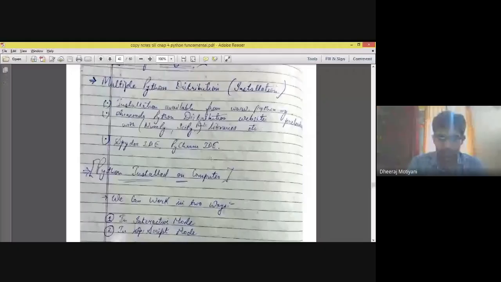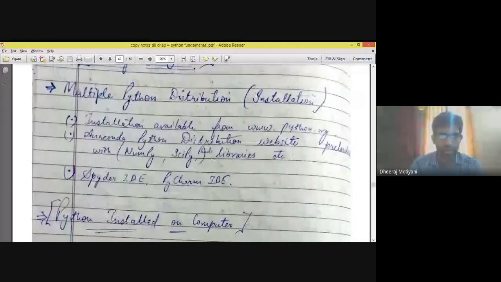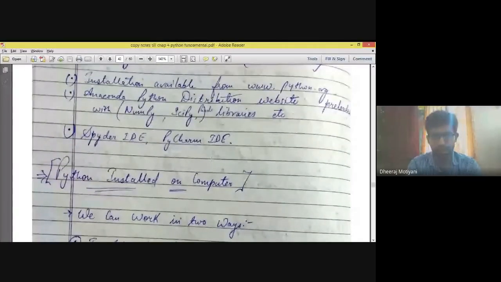Multiple Python distributions I have already shown. I've shown you the installation. Python.org, you can go there. Let me show you python.org as well, so that it is easy for you all to install that part.